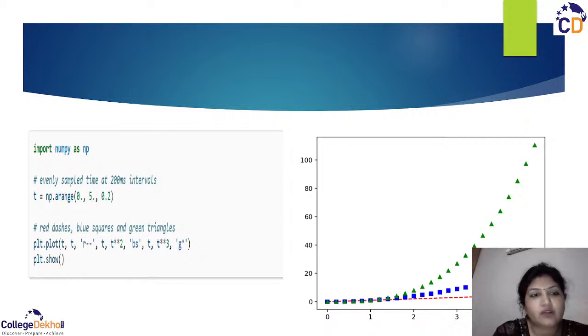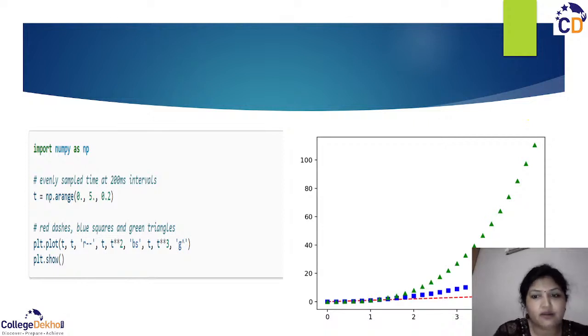Now we have to show red dashes and green dashes, right? So we are calling the plt.plot function, and t is the range of values. Then again we put the t range, and then we have taken r-- for representing